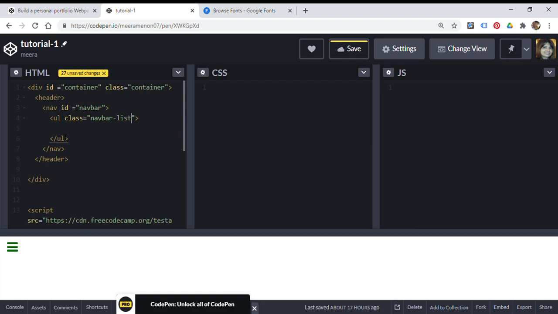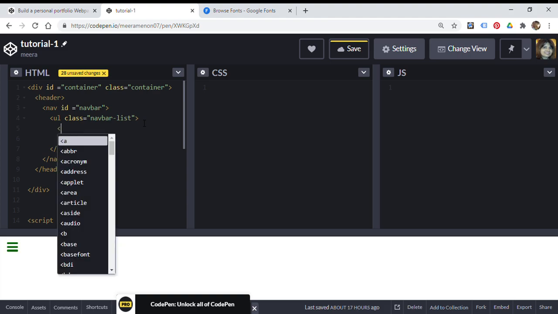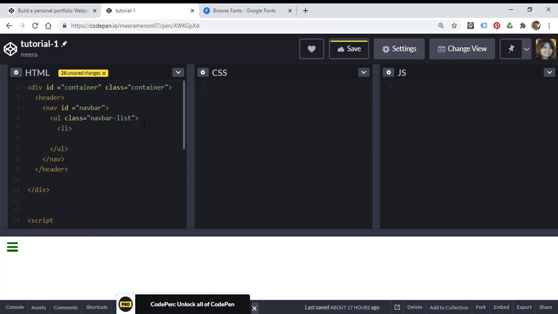Okay, then now you need to come inside this and create the list. So let's create the list and the links. For the list you need this, right? You need different Li elements, and the A elements for the different sections. Open and close. Now inside the list, what do you make? The A tags, right?